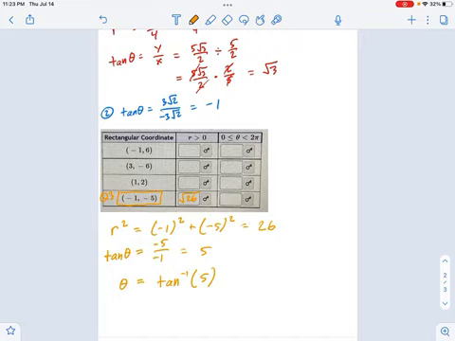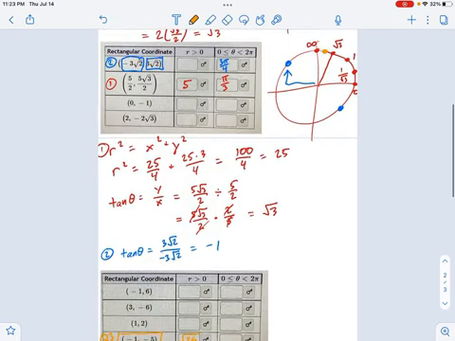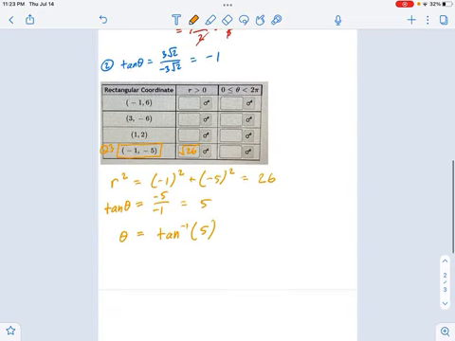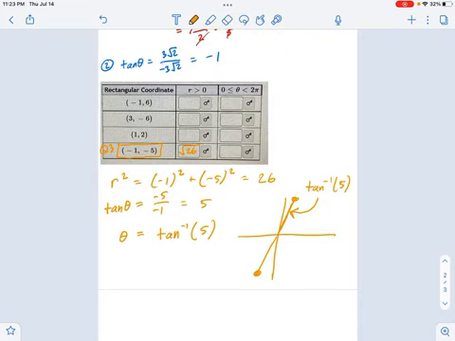Now, there's a little bit of a hiccup here. What did I mark on that circle? Oh, I marked quadrant 1, right? Well, is that correct? Take a look here. This is quadrant 3. So if you put, and this might be the mistake if you're looking for help in this video, this might be what went wrong. If you put inverse tangent of 5, the calculator and the computer too will think you're talking about this one right here. We need a way to say quadrant 3 right here, because that's also inverse tangent of 5, but it's not what the computer will reach for.